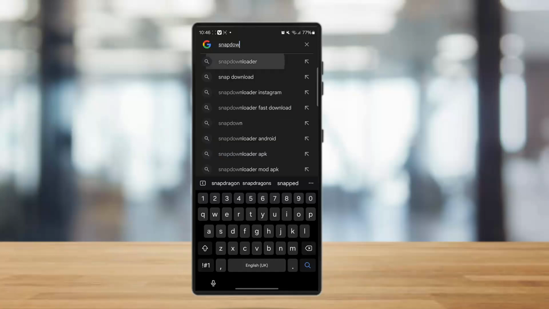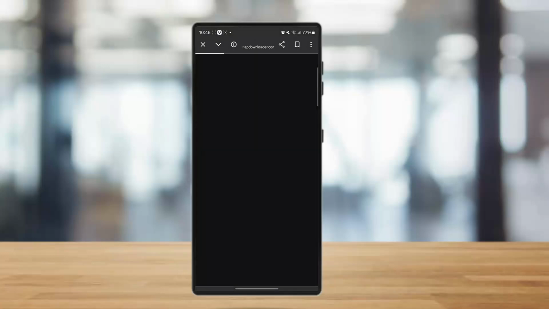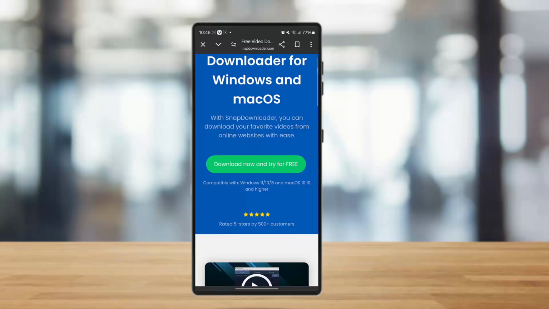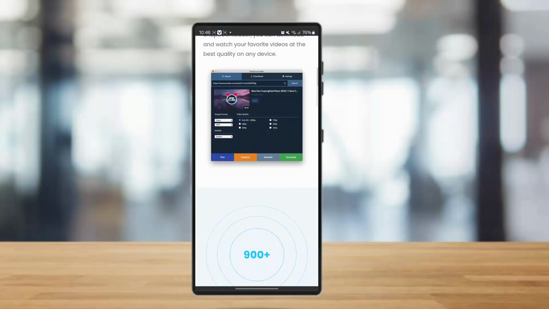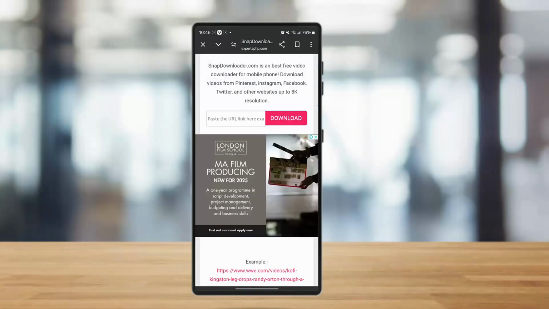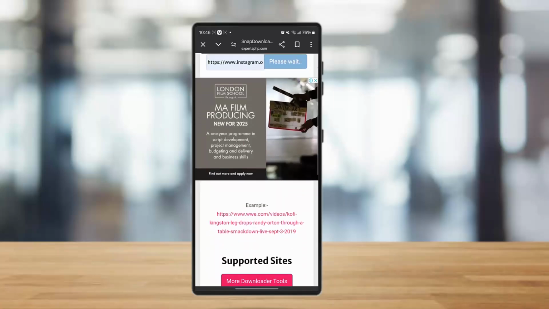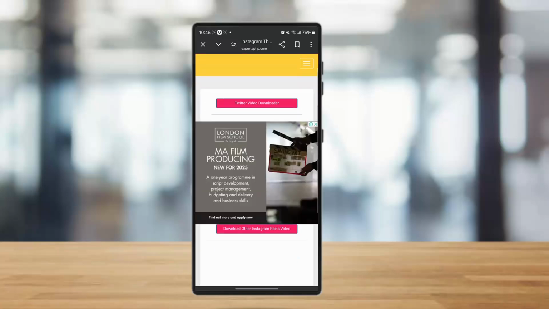Here I'm typing Snap Downloader. Simply tap on that particular app or website, and once you have done this, you will end up in this kind of interface. So now simply copy paste your URL and tap on download. So now once you have waited for a few seconds or minutes, you can simply get your picture right